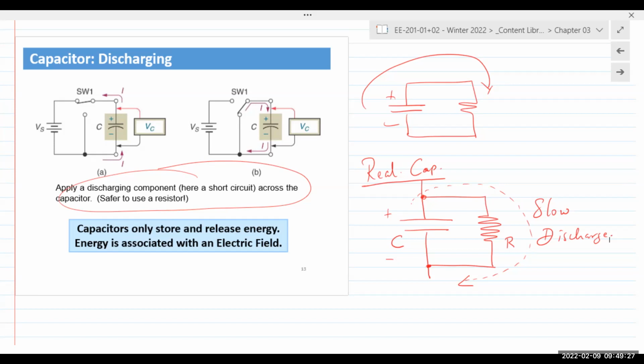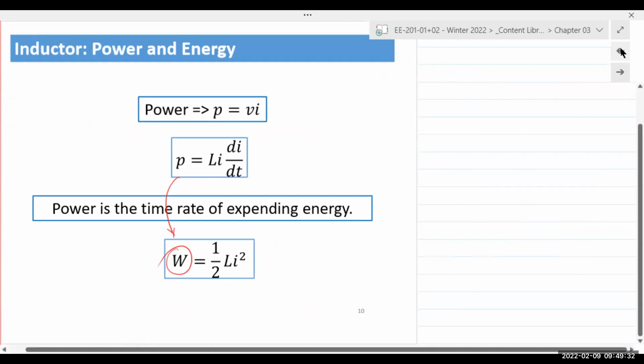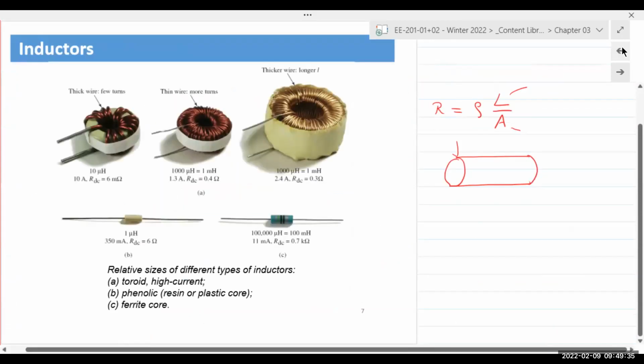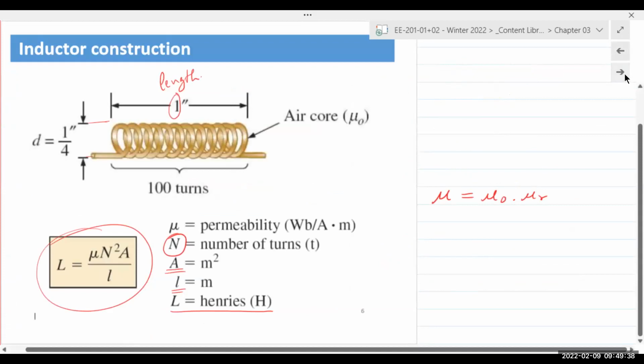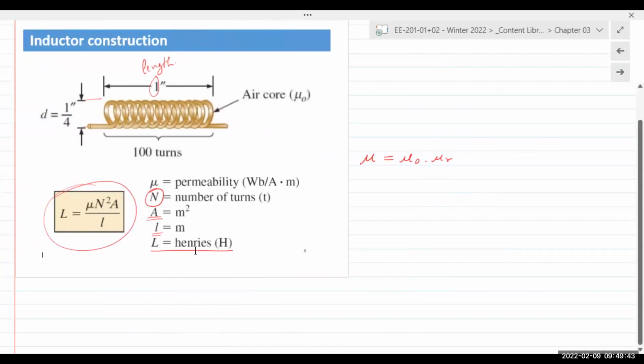Okay, since I'm talking about real life capacitors, I want to go back to the inductor and just point out a real life inductor. An inductor is simply made out of a coil of conducting wire, right? A conducting wire obviously should not have resistance, right? When you wind it up in a coil, it'll still have very little resistance. An ideal inductor is 0 ohms resistance. We don't take anything into account. But a real life inductor